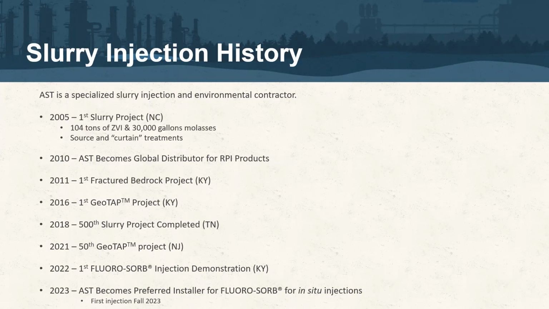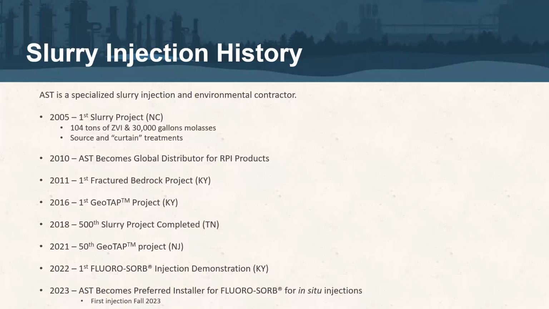So because this is DPT installation, and AST does have a long history of DPT slurry injection, I just wanted to bring up some of that here to show both the extensive history and how we arrived here with this CETCO installer agreement, which we'll talk about briefly, but also different techniques that we bring to bear, both in overburden, transition zones, saprolite, tills, dense clays, right? That refers to techniques like geotap to get that access, but also potentially bedrock projects and lab benchtop testing and evaluation,